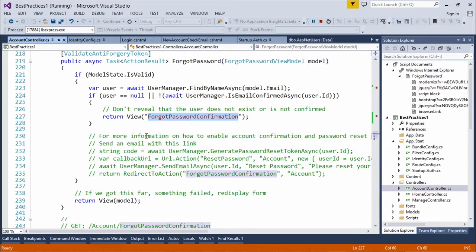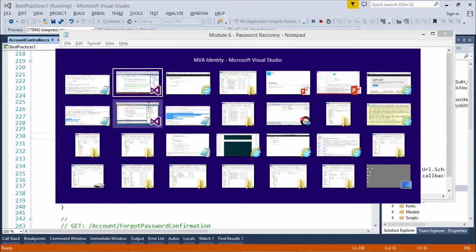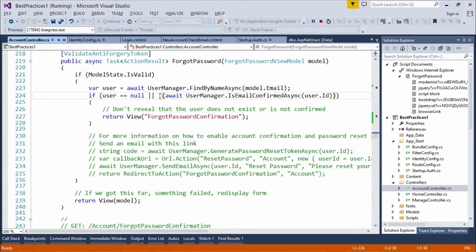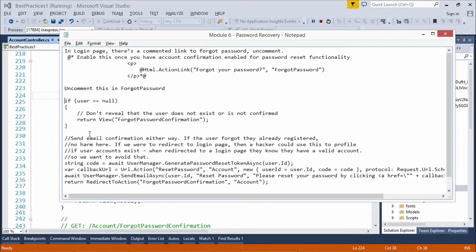This works. I like to mix this up just a little bit more because there's a couple scenarios I want to talk about here. What if a user never got their initial email? I mean, it happens on occasion. It's rare, but somebody will say, I sent you an email, and for whatever reason, the internet gods decided to eat that email, and it didn't come out. So in this case, we need to change this a little bit to make it a little bit friendlier for the user. And so what we'll do here is if they happen to come back to the forgot password page, what we'll do is